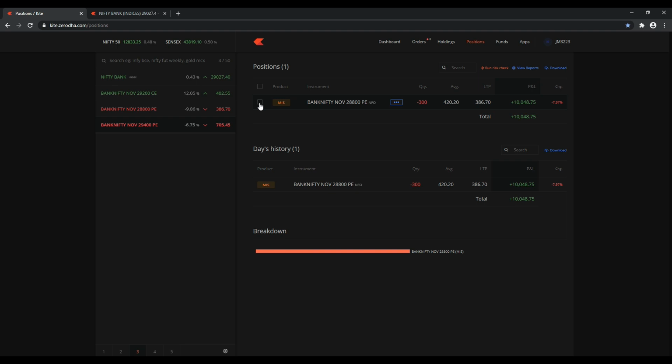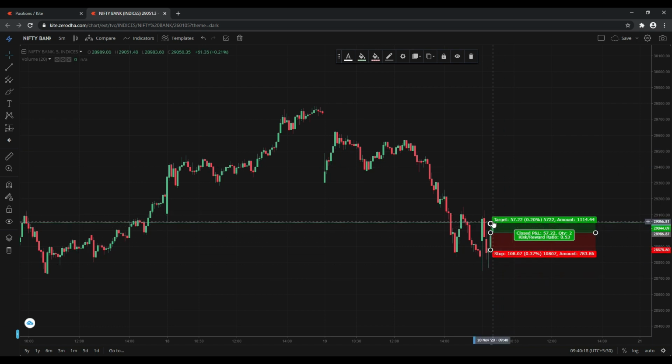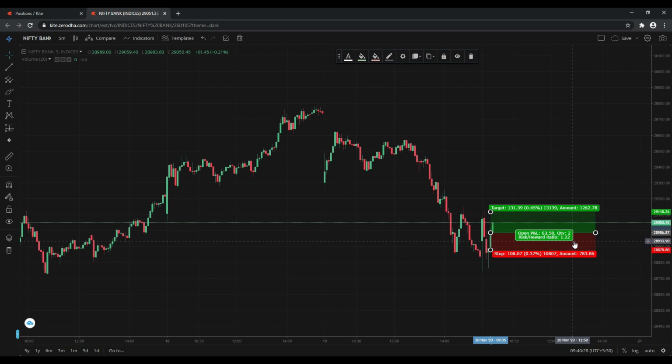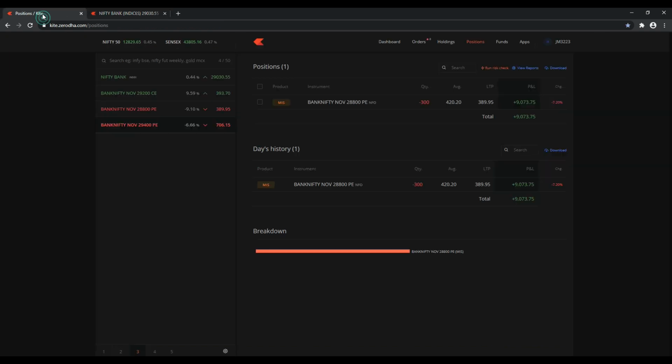So it's quite enough for me as a seller, because the average is 420 and it has already moved almost 40 points in the market. So that is quite enough actually. See, if you look at this, it is nearly a 1.2 ratio which I am trading, and it is almost near the day's high. So you need not worry much. It almost reached our goal.